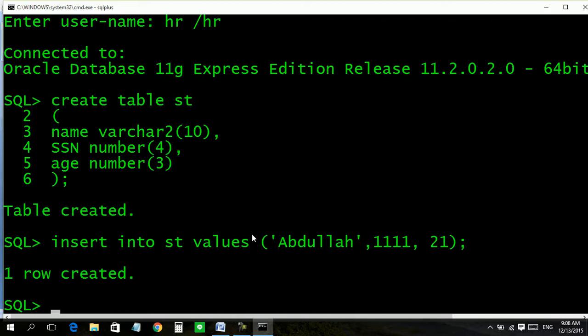Yes. Here, first, this is what, the table? Column. All columns. First column one is name. Varchar 2 means characters, names. Okay. SSN number, what does SSN mean? This is a column name, and this and this we can change. Yes. We can change. And this number for varchar 2 is the type, and this is the size.